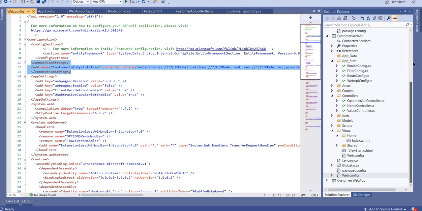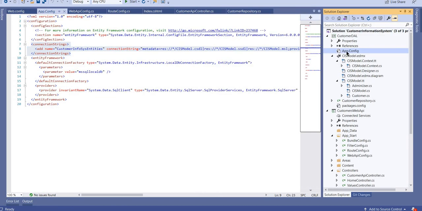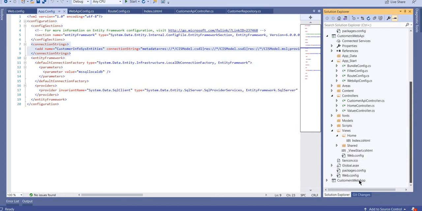Again I am repeating this. Just copy the connection string from app.config in the customer del. Copy that connection string from app.config and paste it in the web.config file in your web API.